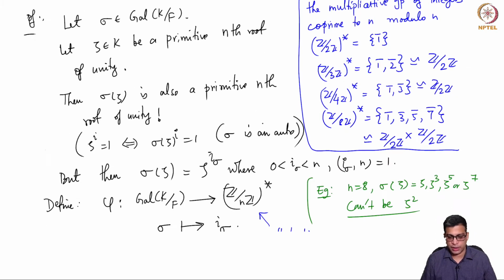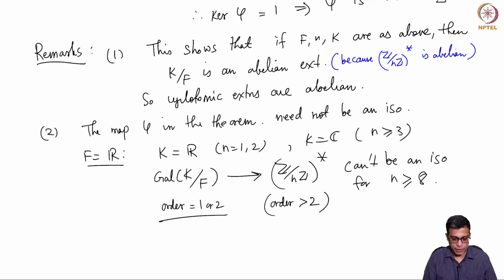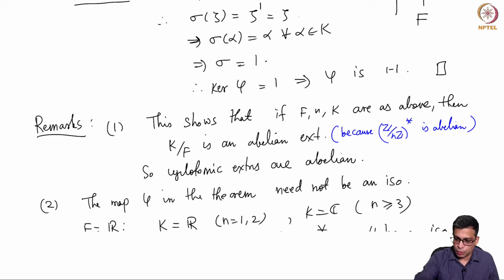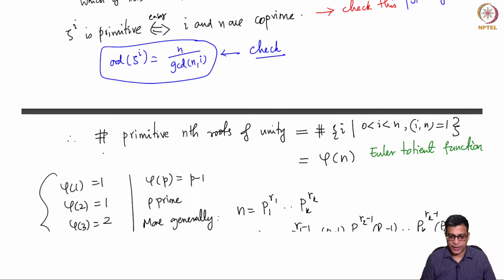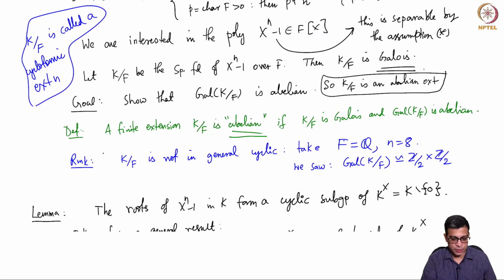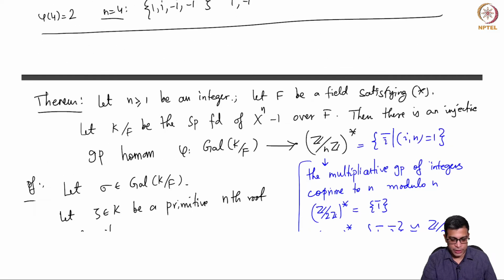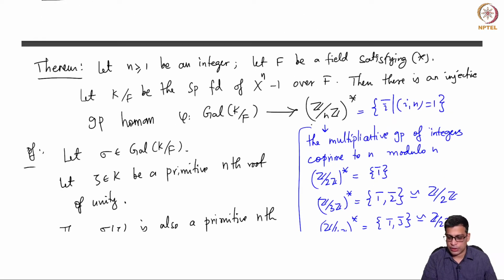In other words, it's not necessarily an isomorphism, as the example with F equal to R or F equal to C shows. We also commented, and this is important for us, that cyclotomic extensions are abelian. This will come up later. It is abelian because it's a Galois extension, which is obvious because it's a splitting field of a separable polynomial, and it is abelian because its Galois group is isomorphic to a subgroup of (Z/nZ)*, which is to say it is an abelian group.